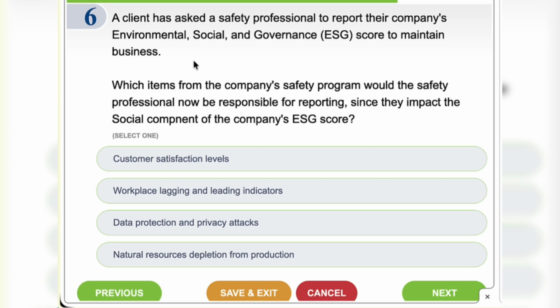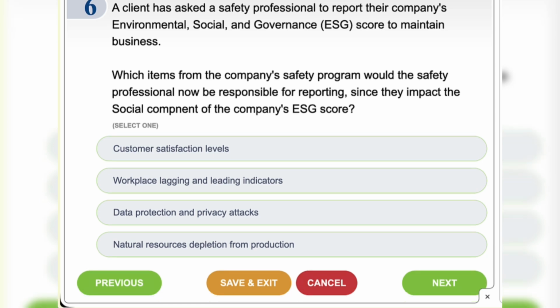In ESG reporting, the social component focuses on how a company treats its people, employees, contractors, and communities. Key social metrics generally include injury rate, safety observations, training hours, audits, worker well-being and health programs.